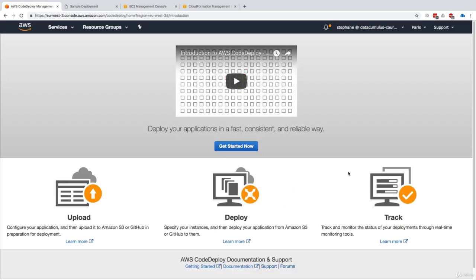That's it for CodeDeploy. As you can see, it's quite a complex service that takes a lot of time to get the handle of, but using the wizard, we're able to get a good idea of how it works. Just remember, using CodeDeploy, you only deploy to EC2 instances running an agent and nothing else.